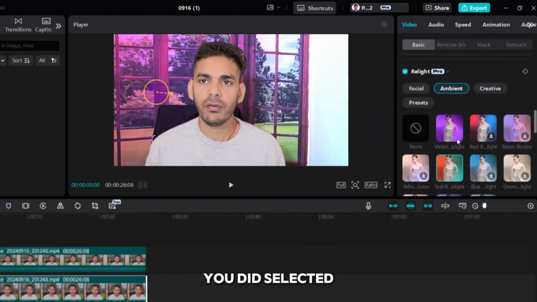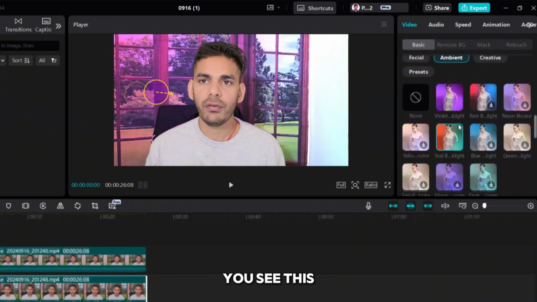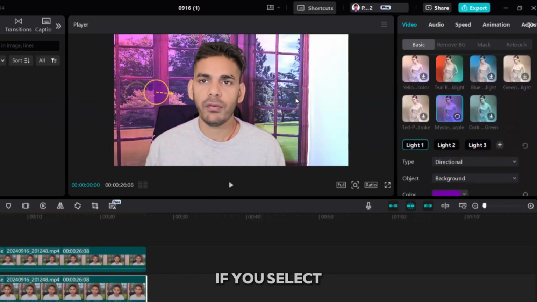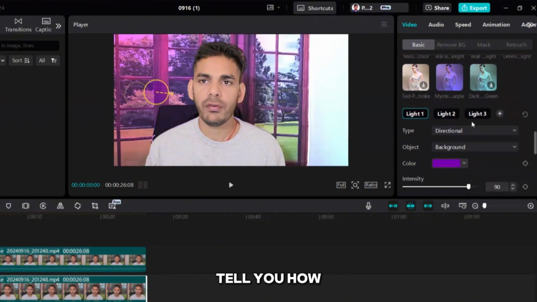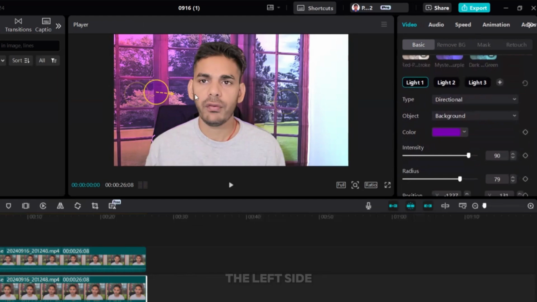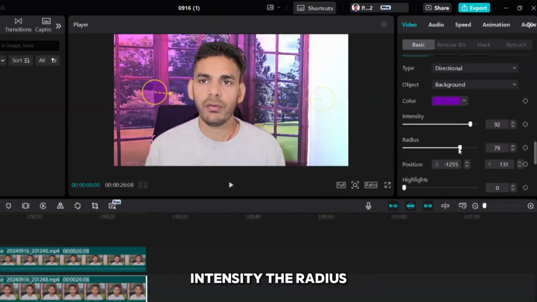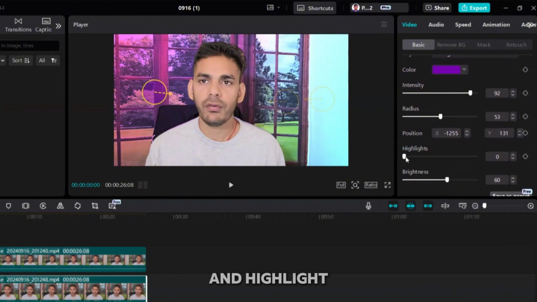So here we selected this color. You see these two colors, and if you select this color, it will look like this. But for the time being, let me select these two colors so I can tell you how you can make the changes. I'm selecting the left side color here. This is our first light with this color. You see the purple color. Bring more intensity. I will just make this left side of the video change and highlight